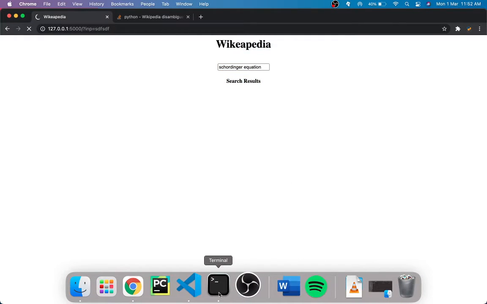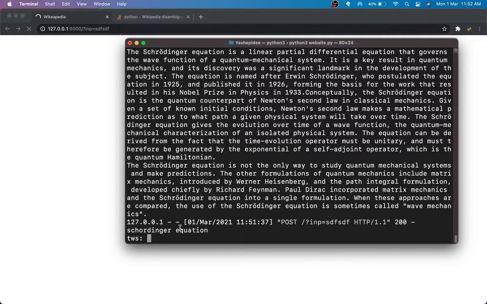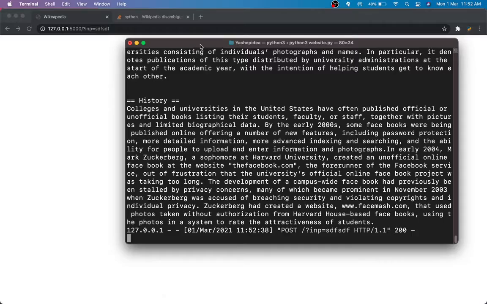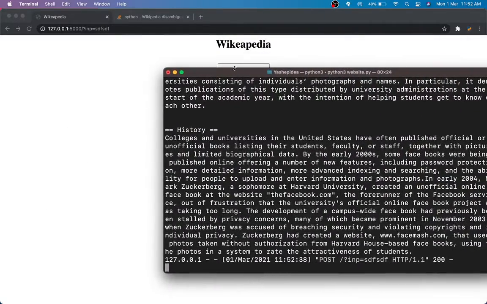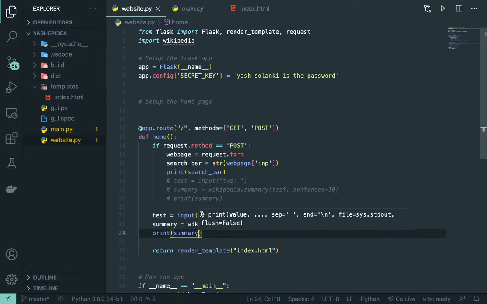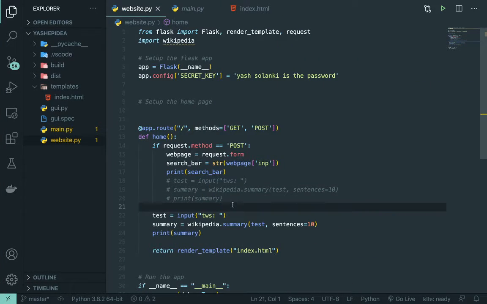Okay, why is it so slow? Oh yeah, I need to add that over here. Let's just search for something like Facebook. Alright, I was like, why was it taking so much time? And then I realized what it was. Okay, so I think I get it. So there seems to be an issue when putting it in the get request. Alright, so what I will do